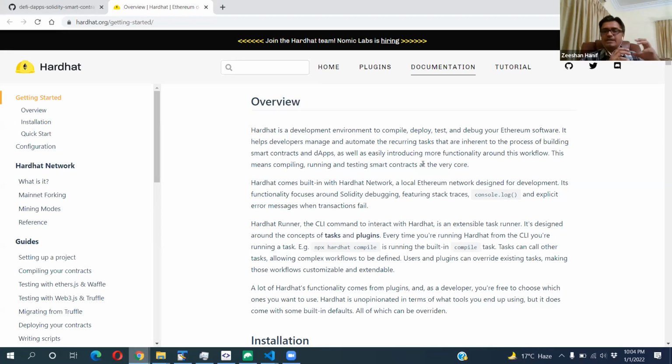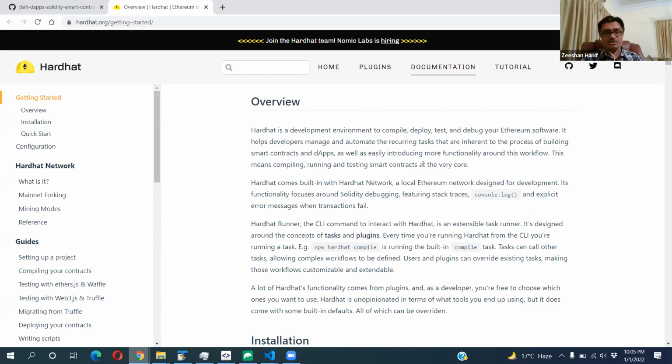When you want to create a smart contract, it's not just a smart contract. You need deployment, you need information, you need to debug, you need to run tasks and everything. So you need some development environment. There are two most common development environments. One is Truffle, which a beginner can use, and there is Hardhat,